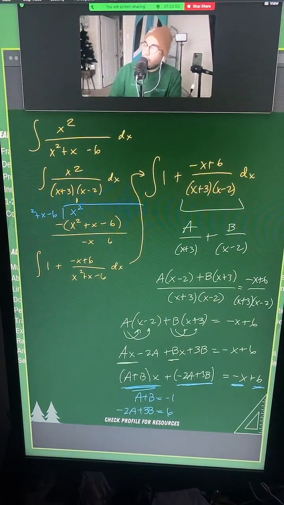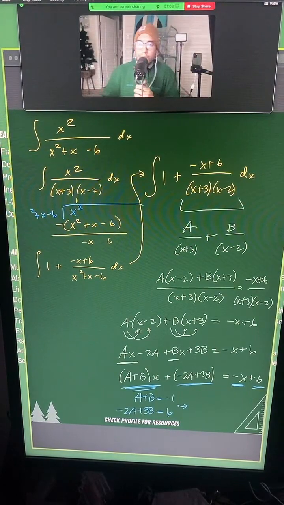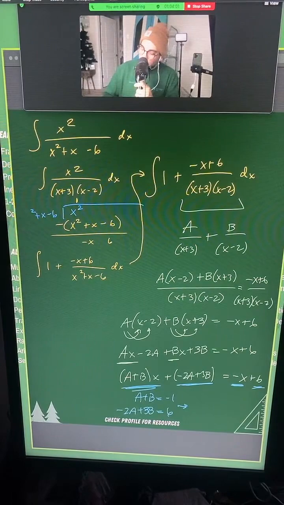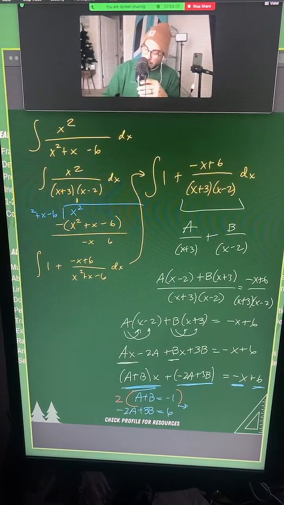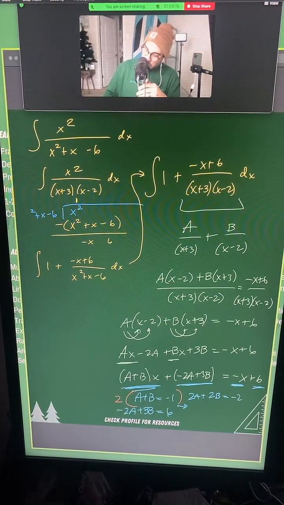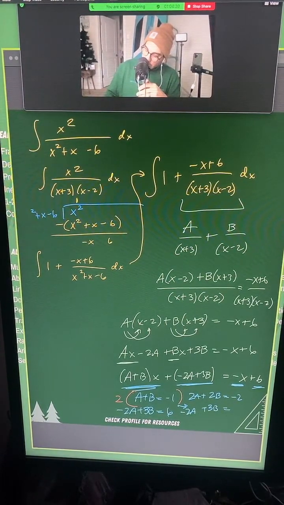All right. How are we going to solve this? Systems. So if you thought in Algebra 2 and Pre-Calculus you were done with systems, woo, you were wrong. We always cover them. Okay, so there's a few ways of doing this. I'm just going to multiply the top equation by 2 because I want to get rid of my a's. It doesn't matter which one you do, but you get 2a plus 2b is equal to negative 2, over negative 2a plus 3b, and that's equal to 6.